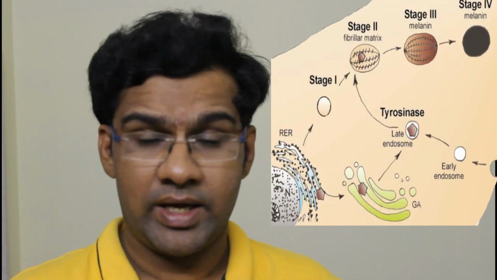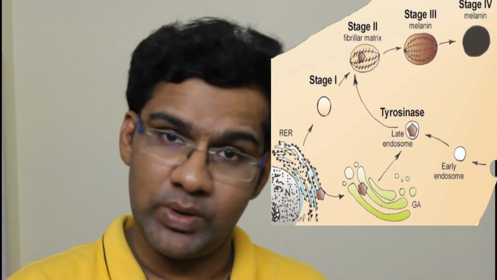So how does a melanosome of a eumelanin differ from a pheomelanin? The melanosome of a eumelanin is large and elliptical, that is egg shaped, and the melanosome of a pheomelanin is small and spherical in shape. These melanosomes majorly contain a matrix protein and an enzyme for melanin synthesis. The matrix protein which is very important is GP100, and the enzyme very important for the synthesis of melanin is tyrosinase. These enzymes are also glycoproteins.